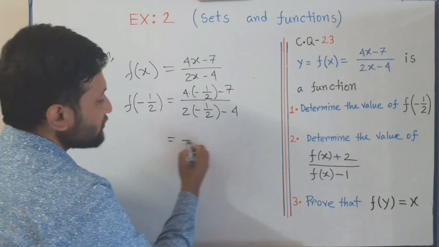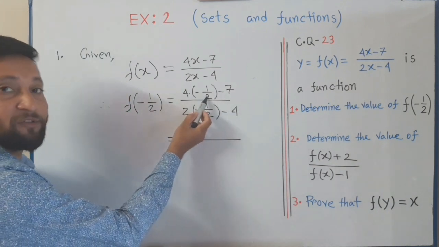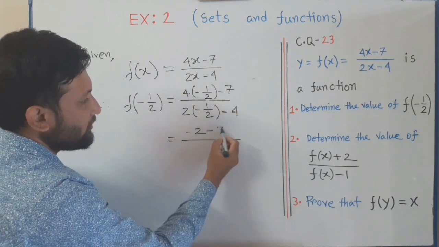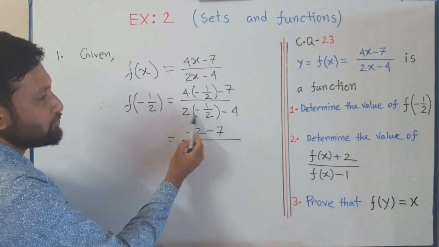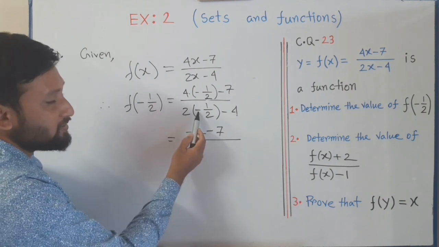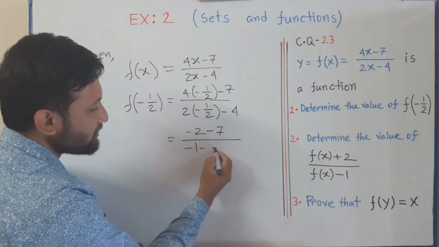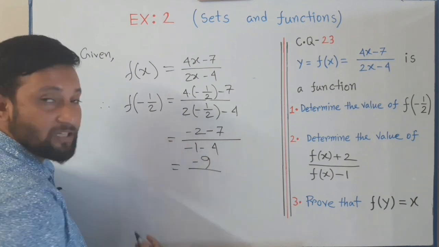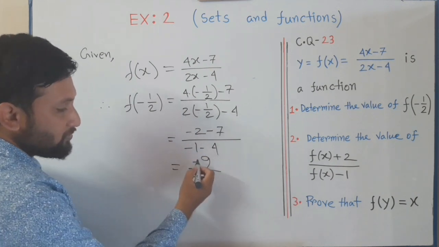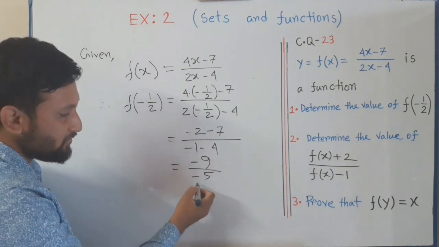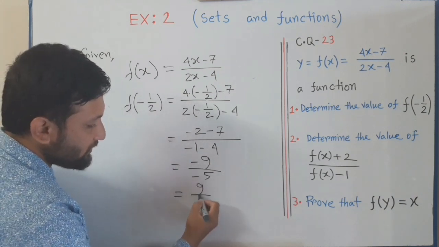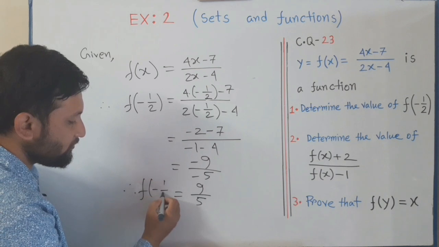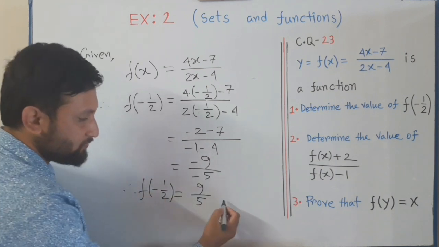Okay. So, by simple calculation, we can write 4 divided by 2, that means 2. So, minus 2. So, write down here minus 2 and then minus 7. Again 2 and half, this 2 and this 2 cancel, and then the rest is minus 1. So, write down here minus 1 and then minus 4. Now, minus 2 and minus 7, that means minus 9, and minus 1 and minus 4, minus 5. So, here see that minus and minus cancel in numerator and denominator. So, the rest is 9 divided by 5. This is our required solution of f of minus half. I hope everybody is clear.